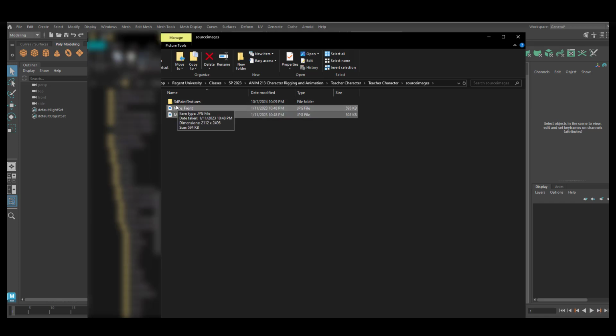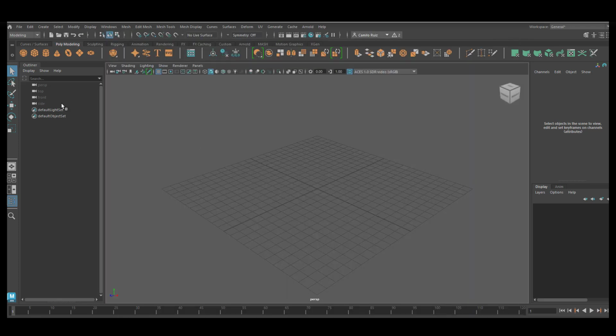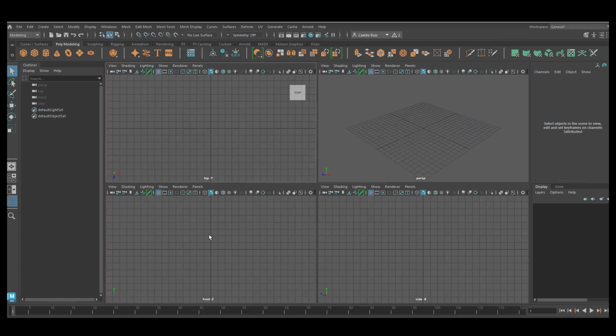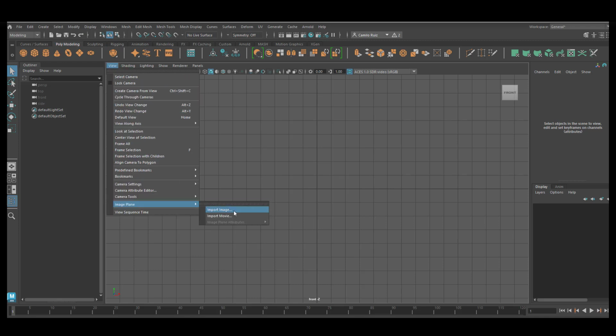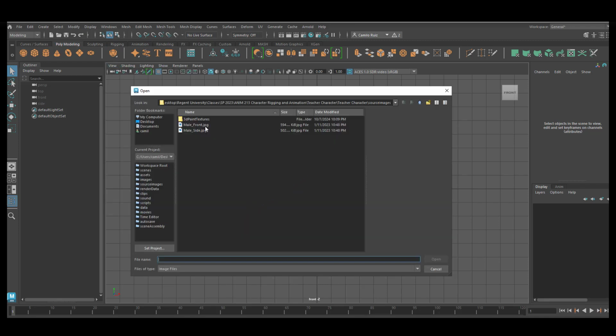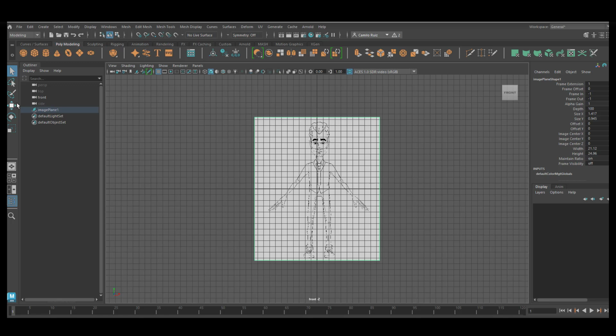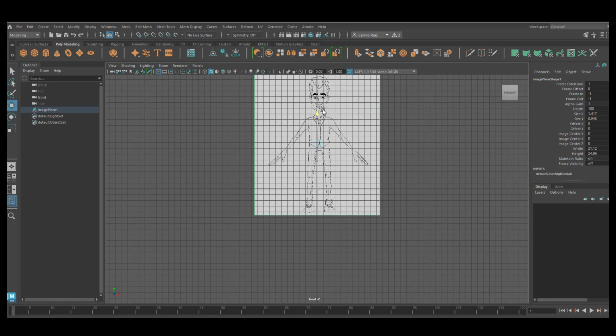Do not open 3D Paint textures and put it there. Put it in the source images. Once done, X that out. Open your front view. Go to View, Image Plane, Import Image. Select the front view. Now we're going to move the character in place